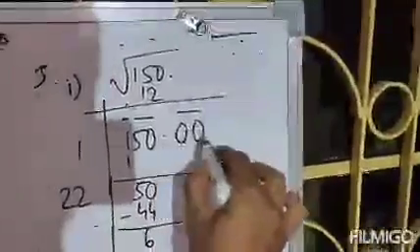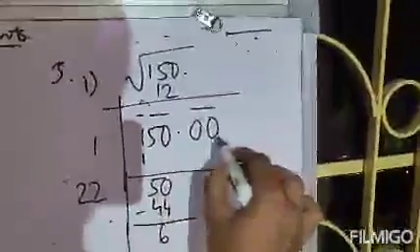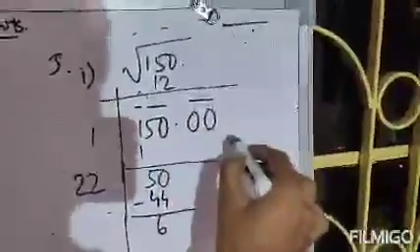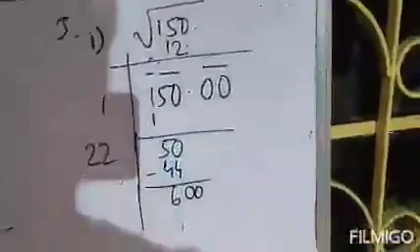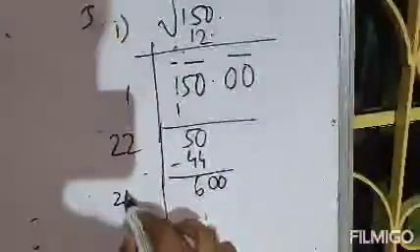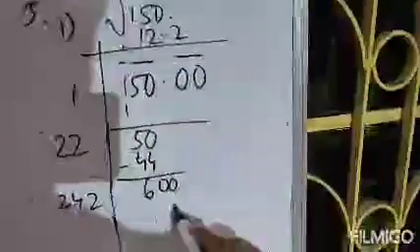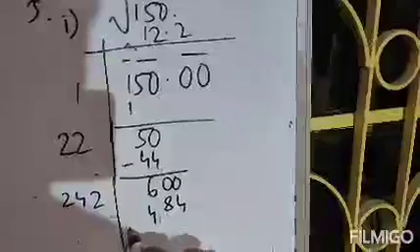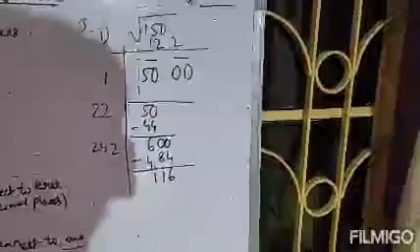Now we will take two zeros because 50 came down. Before taking these two zeros, the decimal is here, so we will put the decimal, then we will go to two zeros. Now multiply 12 by 2, that is 24. Now 2 2's are 4, 2 4's are 8, 2 2's are 4, that is 484. This is 116. Clear?